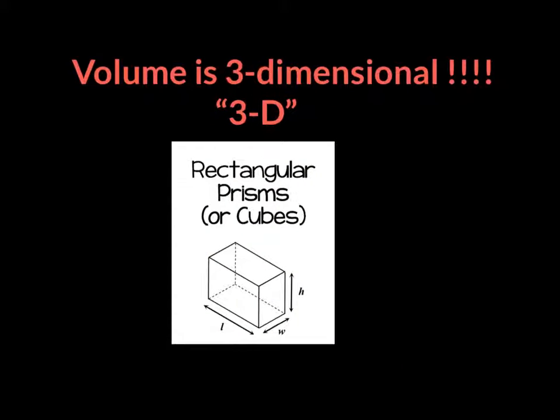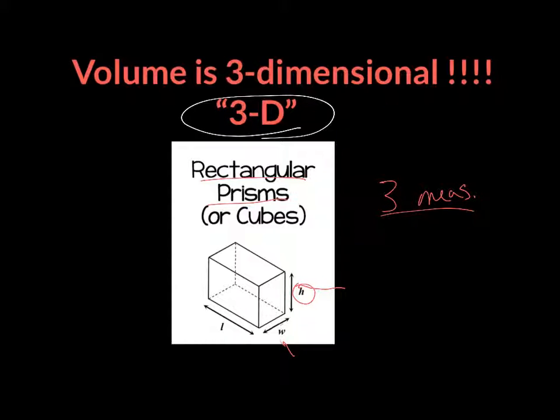Now, what's going to get really nitpicky, and I want to make sure that you understand that I will be nitpicky, is that volume is three-dimensional, right? If I talk about rectangular prisms, there are three measurements. You have a height measurement, you have a width measurement, and you have a length measurement, right? One way up and down, another way left and right, and a third way a depth measurement. So this is three-dimensional. So your answers must be supported